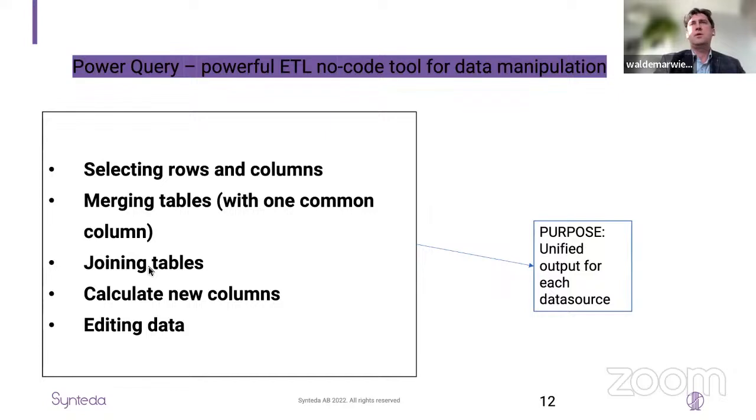It allows you to merge tables. So you have two tables with one common column. You can combine them together and build one big table. Imagine if you have sales, then this sales has an invoice number. And then you can combine this invoice number with the dimension. So this merging tables mechanism allows you to connect fact tables with dimension tables.